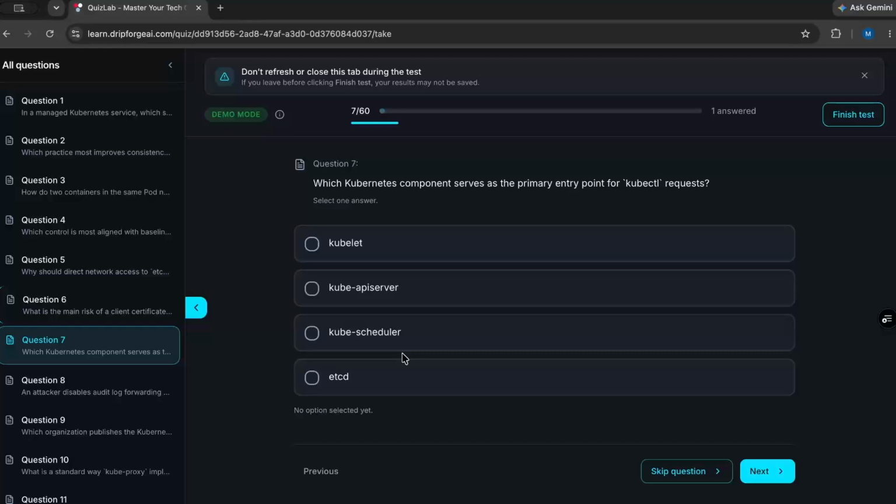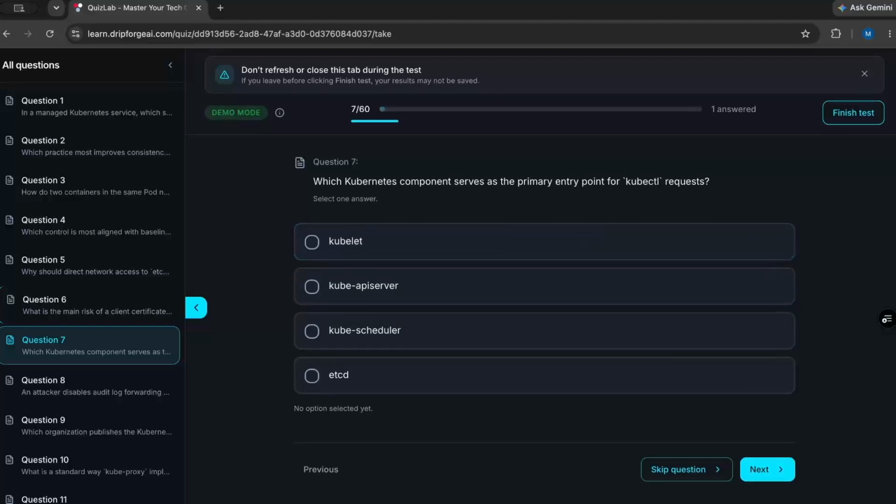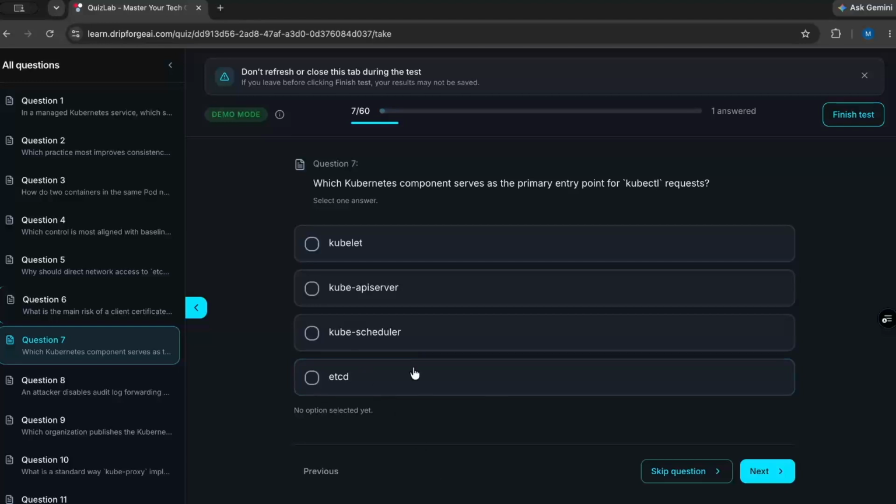We are talking about the primary entry point for kubectl requests, a request to do all the CRUD operations. CRUD is not a magic word. It just stands for creating, reading, updating, and deleting resources. If you don't know about CRUD, you can research it and you'll be able to come up to speed. The last option is